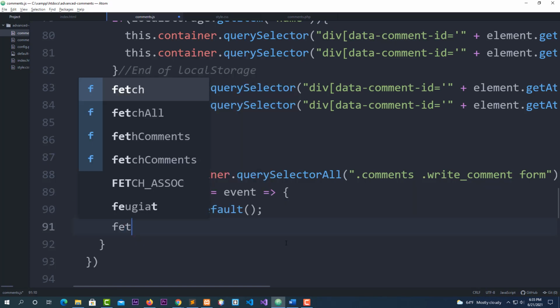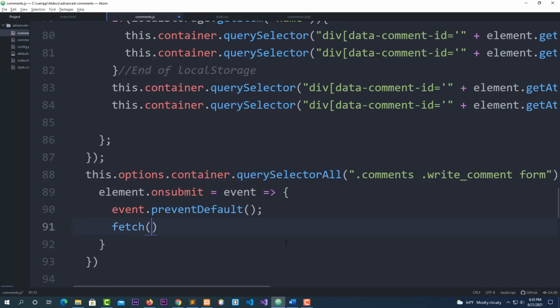Now I'm going to say fetch parentheses, and click the same key for me on your keyboard before 1. We got 1, 2, 3, 4, 5, and so on. Click the same key before 1, okay, key 1 or number 1 on your keyboard. When you press it, you get this sign, and I'm going to say $, bracket,